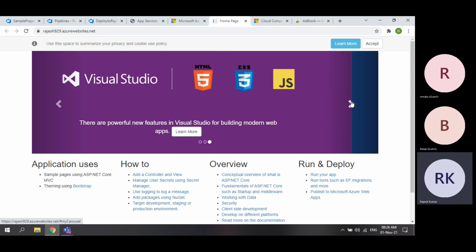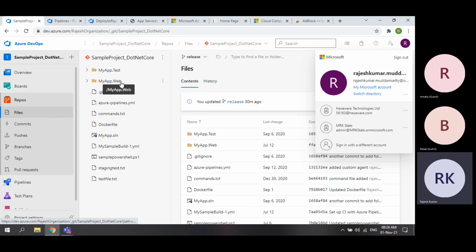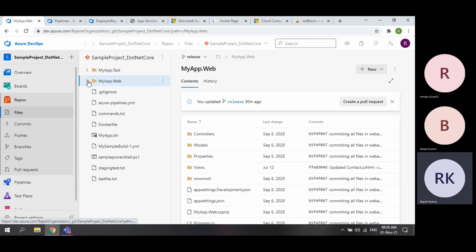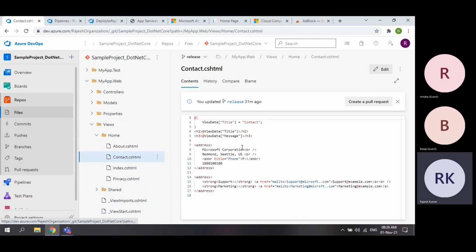So I developed this website. If you want to see myapp.web, here you can see myapp.web. And I will show you, if I go to views, home, contact page. So what is there in the contact page?